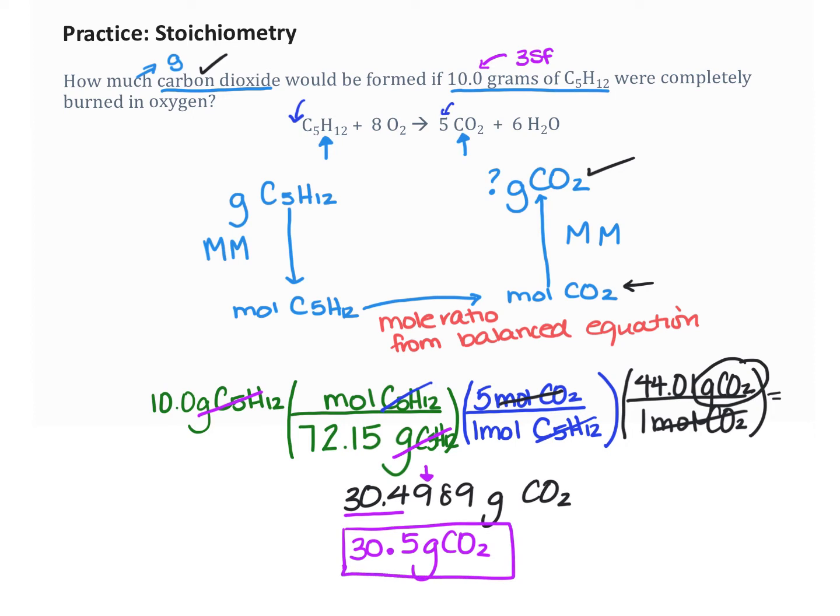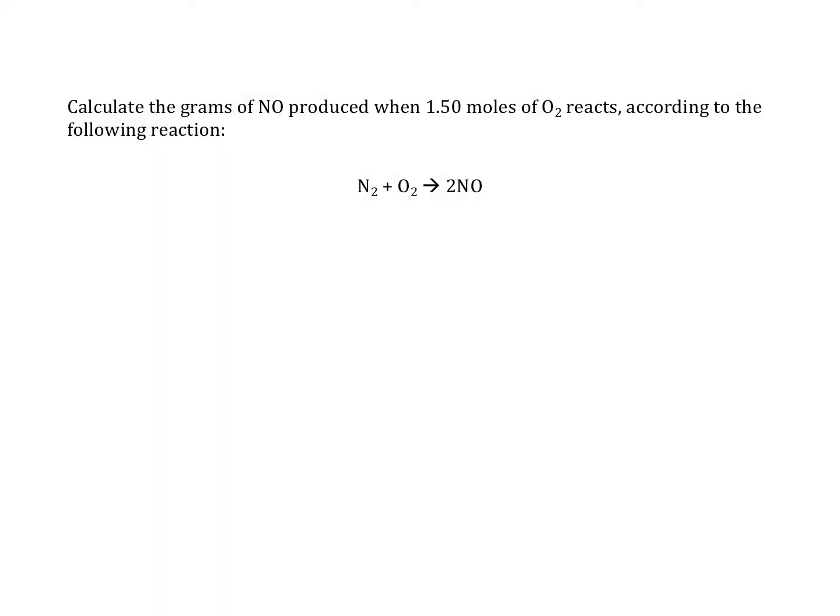Now, in this instance, we were given a reactant and we were asked for a product, but I want you to remember, we could just as easily have been given a product and asked for a reactant, or given one product and asked for the other product, or given a reactant and asked for the other reactant. So there's lots of ways that you can use stoichiometry to figure out how much you make. Now, one of the things about chemical reactions is we don't always have exactly the same amount of things, okay? So, for example,